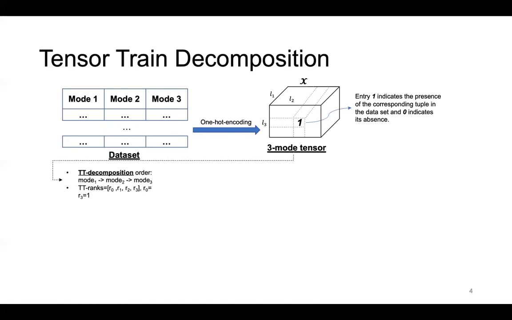The second step is that we have to decide the TT ranks. In this 3-mode tensor, we have 4 TT ranks, which are R0 to R3. Each rank represents the number of ranks we want to use during the tensor train decomposition. So after we decide these two setups ahead of the decomposition,